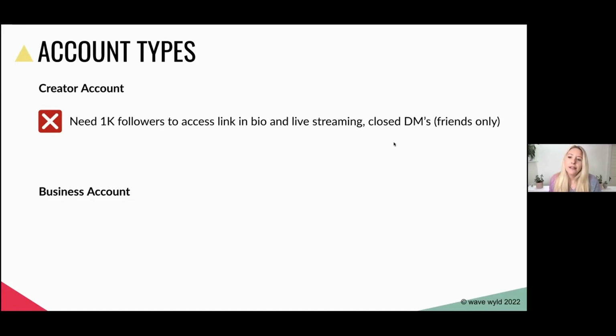Also, the DMs on TikTok are generally closed. You can only DM people who you are mutuals with, who you are friends with. So they are not robust like Instagram DMs, and they do not have the same Instagram features. So if you're really into those DM strategies, they tend to not work on TikTok as much. People don't use the DMs as much. It's different from Instagram in that way.